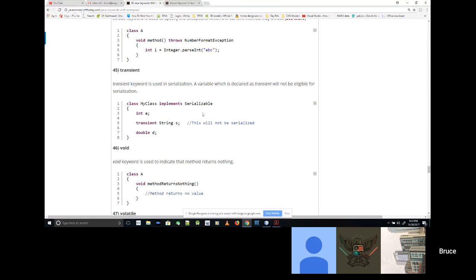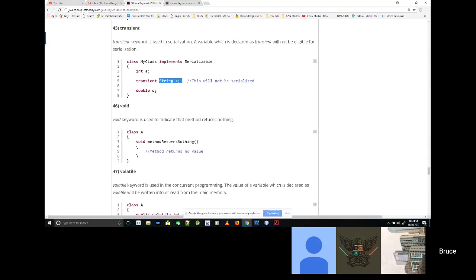This one's saying that the transient keyword is used in serialization, but things that are declared transient will not be eligible for serializing. So, for example, if you wanted to make it to where you say, I don't want anybody to be able to serialize this thing, you're going to put the word transient here. And so if you try to serialize it, it will complain.